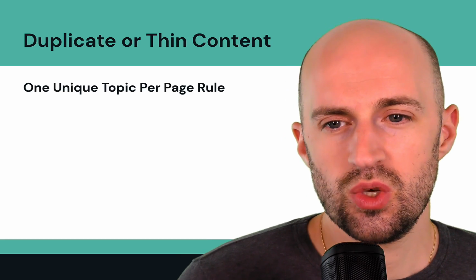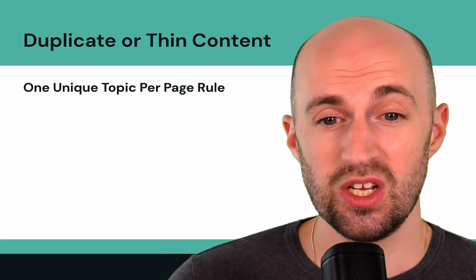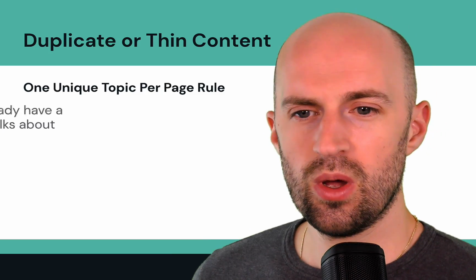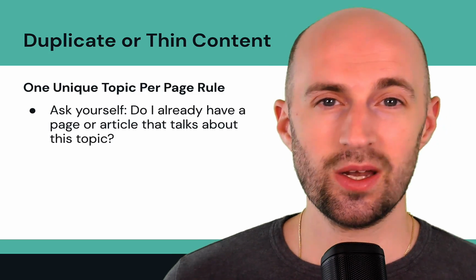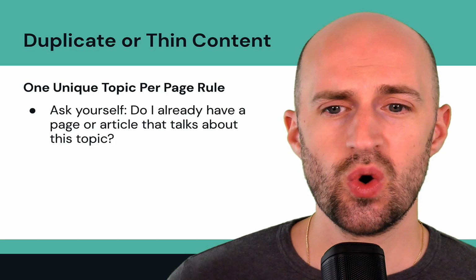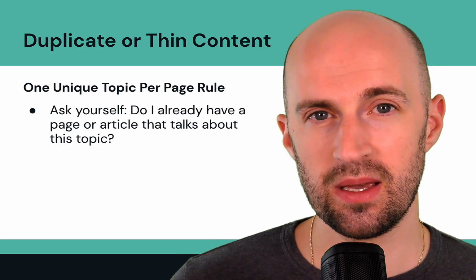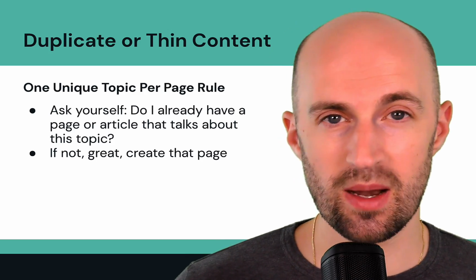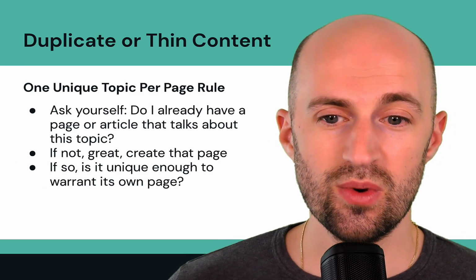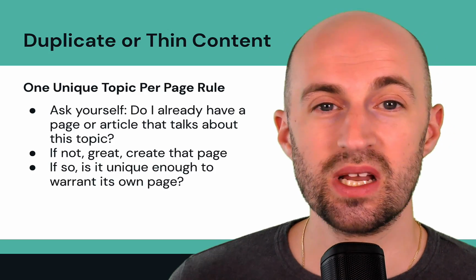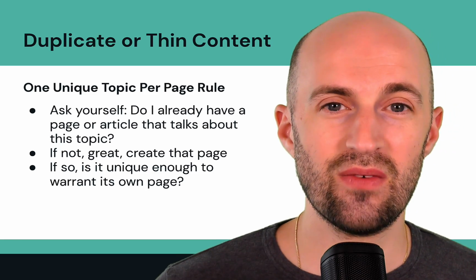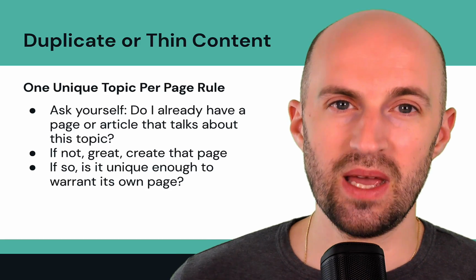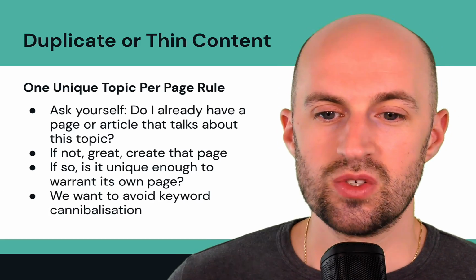So what we want to do is have one unique topic per page, and that's an important rule to remember. Ask yourself when you're creating a new page, do I already have a page or an article that talks about this topic? If not, great, then create that page and write about it. If you do, is it unique enough to warrant its own page? Is it specific enough in terms of the topic that it's different from the other page? Okay. So we want to avoid